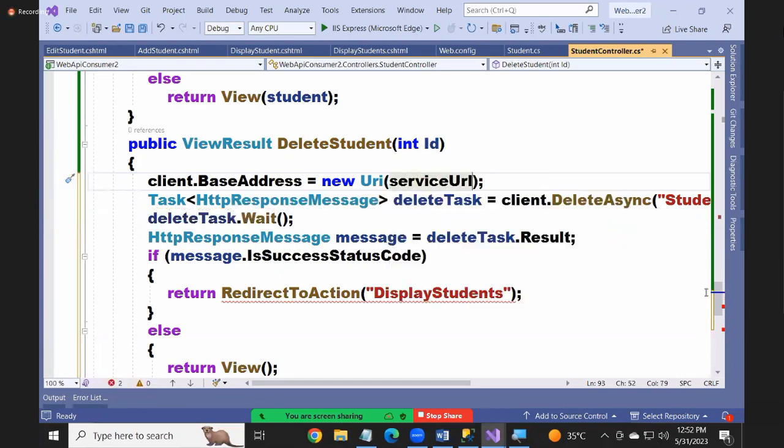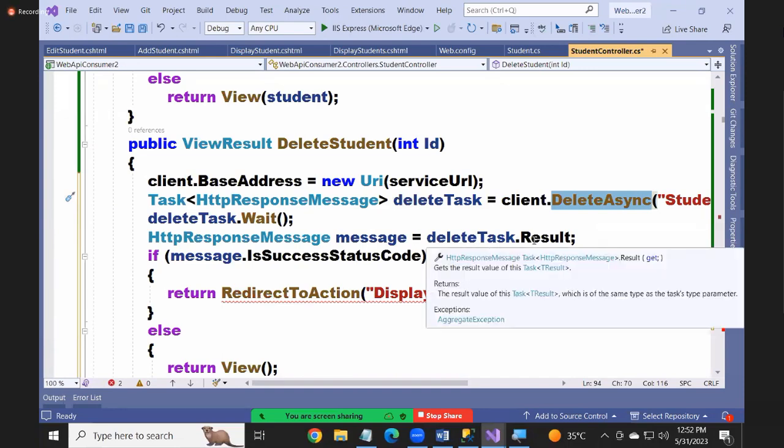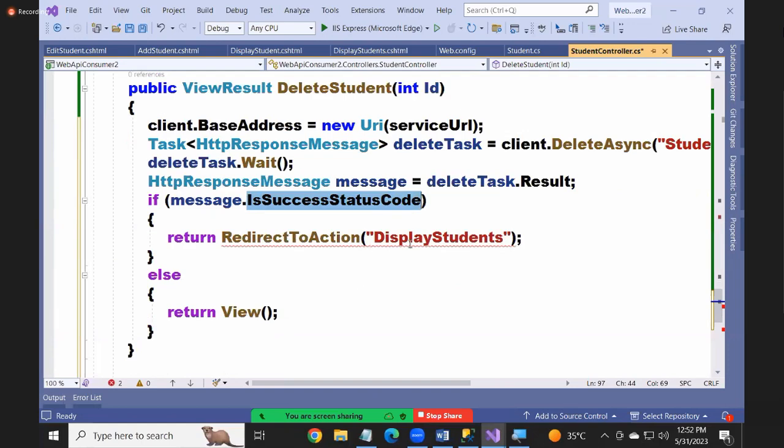Service URL. Next, what? Delete async. Are you clear? Student/id. Next, delete as dot result. Next, success status code. Where to redirect? So change this to